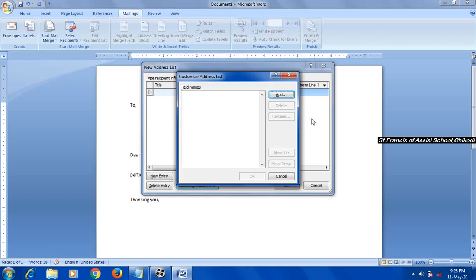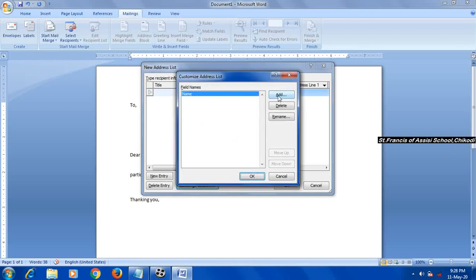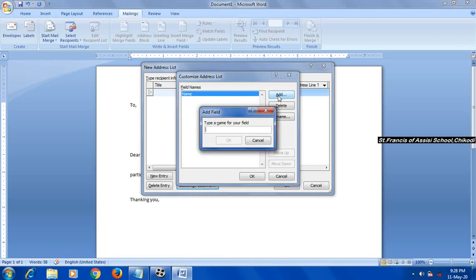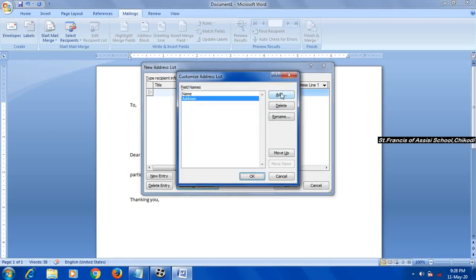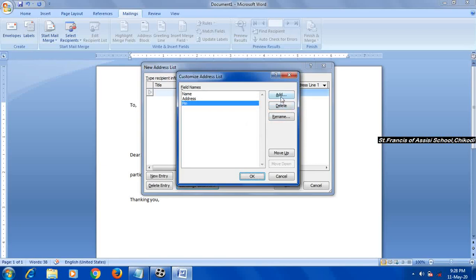Now you add your own fields by using the add button. Just click on the add button. The first field I am going to add is name. Just type name and click on OK button. Then I am going to add the second field, that is address, then click on OK button. Next, third, I am going to add pin code, then click on OK button.